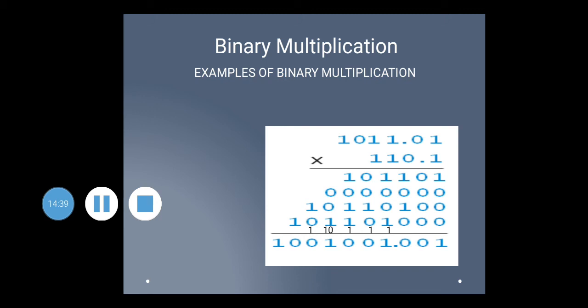1001001001. And now where you are going to put the decimal point: the upper number has 2 digits and the lower has 1 digit, so total becomes 3 digits. So from the rightmost digit, the LSB, count 3 bits and put a decimal point there. This is the trick for binary multiplication having decimal points. Solve a few more problems, as I will send the assignment on binary multiplication, so it will get clear for you all.